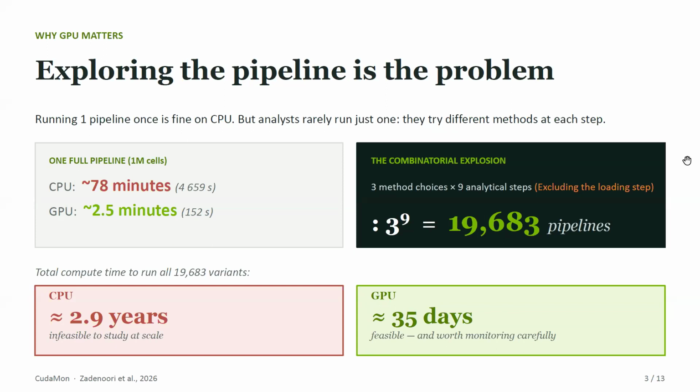If we want to run all of these workflows on CPU, even just to have the upper bound of the computation, it is not feasible. So running using GPU is not about